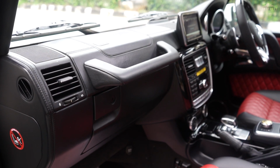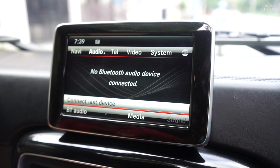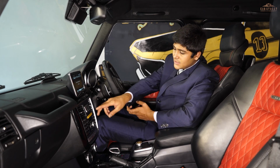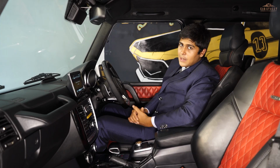हमको यहाँ पे मिलता है एक handle in front of the passenger side seat. We have this infotainment system in the middle of the screen which can be operated through the use of this dial and these buttons on the central console, among some buttons over here. उसके नीचे हमको मिलते हैं dual AC vents with the differential settings in the middle which help us take this